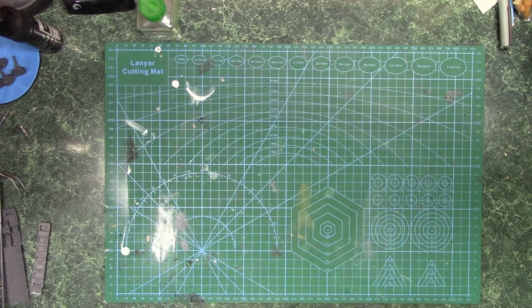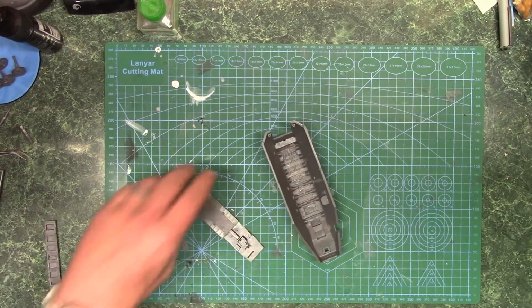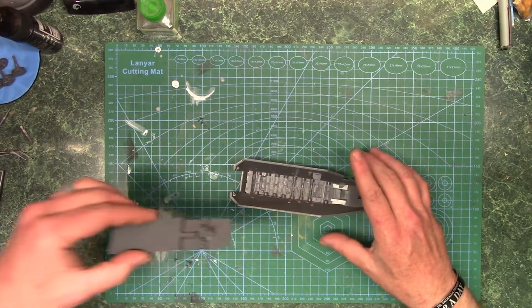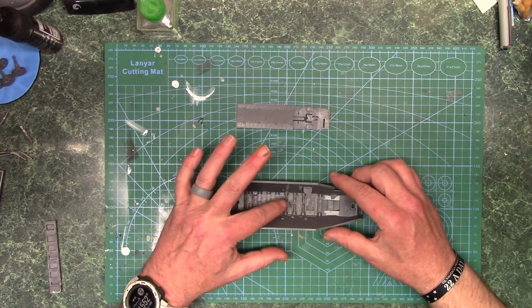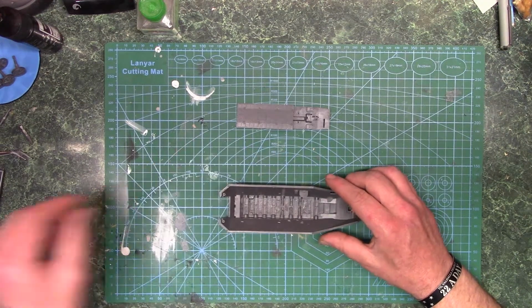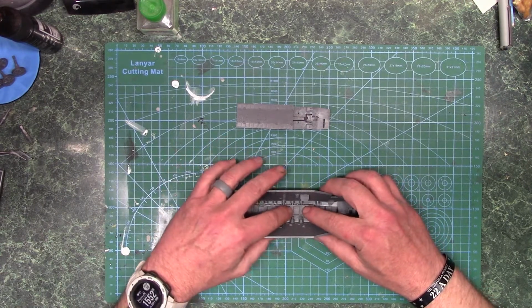And then the other thing, while I'm doing a lot of the pre-building, I'm still also working on the Sherman and the German Half-track, and I've already got a little bit of the pre-building done. One thing I want to share with you guys, if you do decide to do this kit: I put this piece in, and what that does is it traps